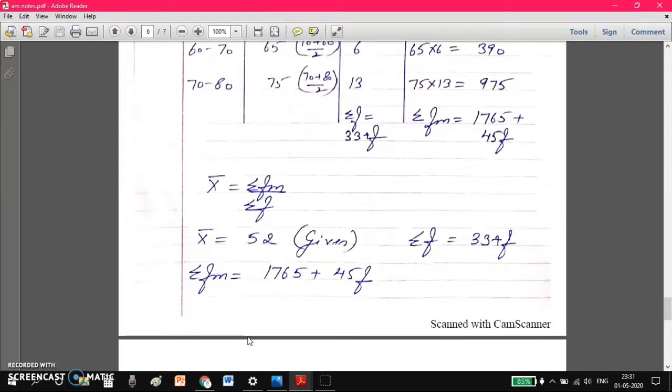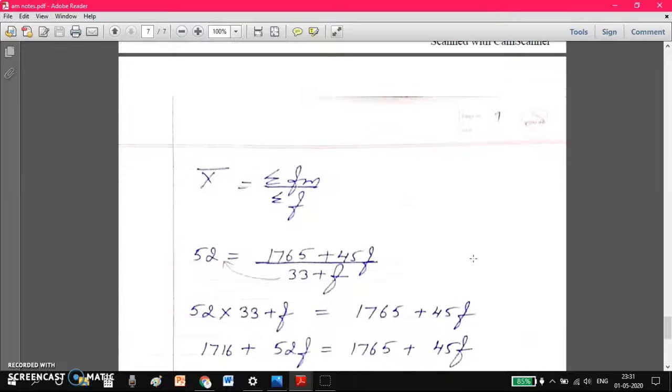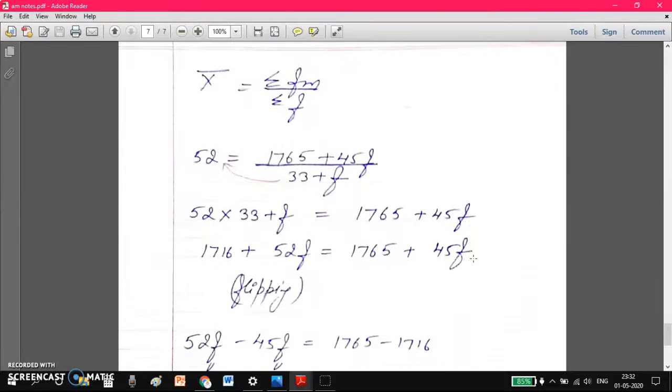So we have everything with us. The mean is already given, that is 52. Summation fm is equal to 1765 plus 45f, because we have to mention that plus sign here as well. And summation f is equal to 33 plus f. Now we'll put this in the formula: summation fm by summation f. So 52, that is the mean, which is already given. We'll put the whole thing like this and flip the 33 to the 52 side. Here 52 and 33 will multiply,